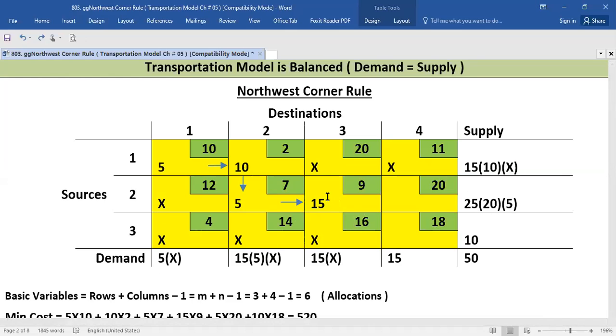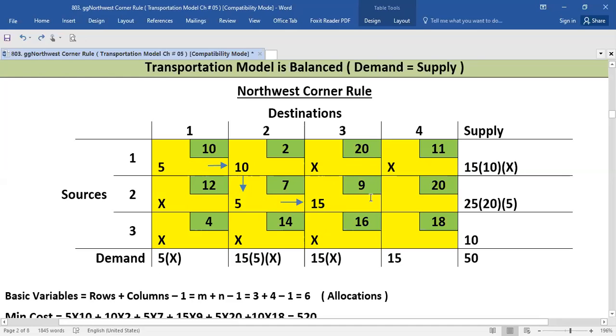Now, you can easily tell that you can move to your right, as we cannot move down, as there is a cross sign. This cell is filled. You cannot move up. This cell is also filled with a cross sign. You cannot go back, as you will move forward and forward with the connected cells. Here you see that this is connected with this cell, this is connected with this cell, this is connected with this cell. Every allocation will be connected with its previous cell.